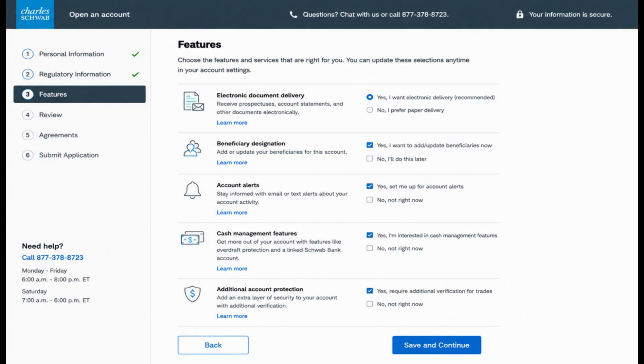Finally, you'll reach the Agreements section. Here, Schwab will provide important account disclosures, terms and conditions, privacy policies, and other legal documents related to your retirement account. Take the time to read through these documents, then provide the required acknowledgements and electronic signatures to complete the application. Once you've submitted the application, Schwab will review your information and, if approved, your retirement account will be opened